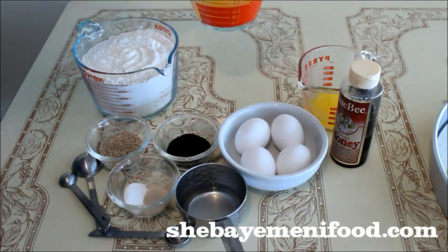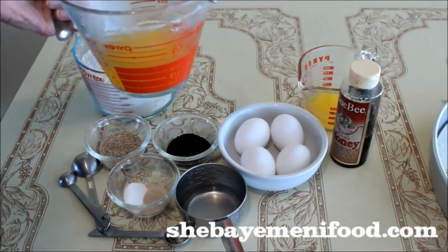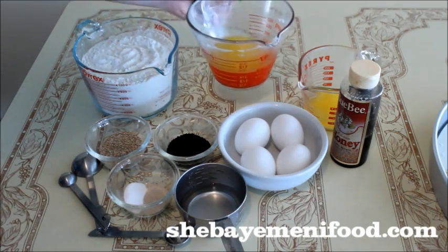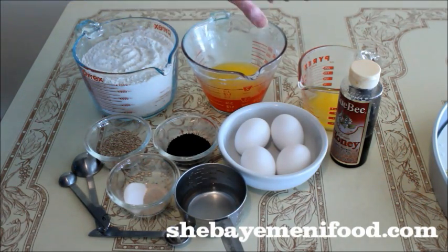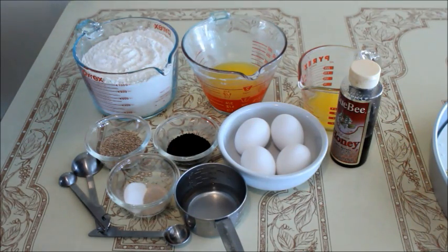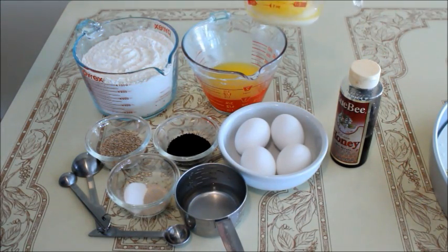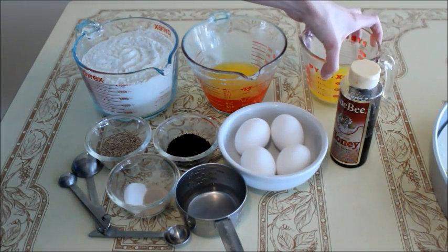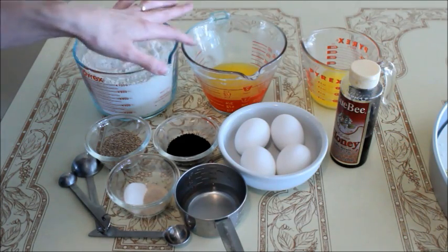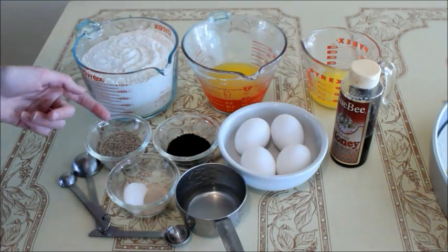I also have melted butter. This is 3/4 of a cup of melted butter, which is a stick and a half. You could also use salmon or probably other types of oil if you wanted to. And then I have a separate 1/4 cup of butter melted again. This is going to go in the dough and this is going to go between the layers. 4 eggs, honey,